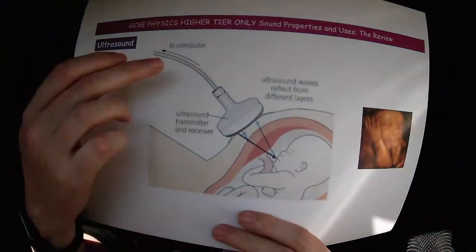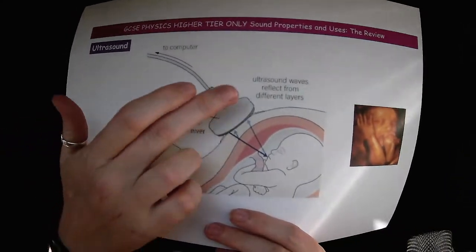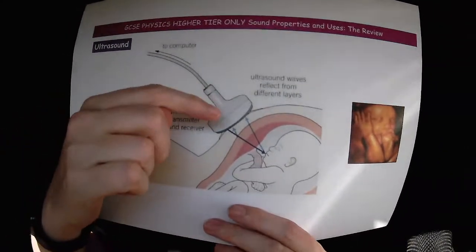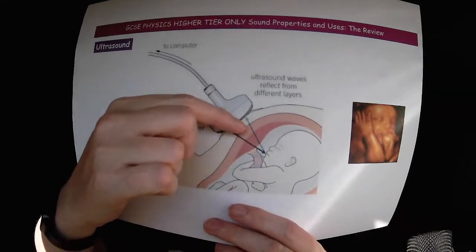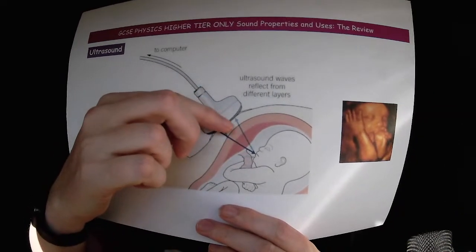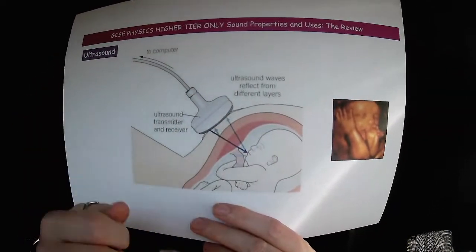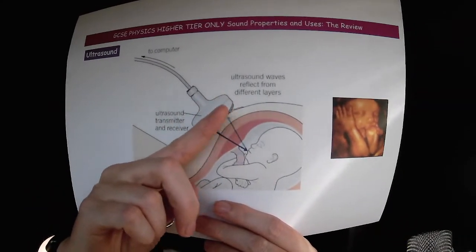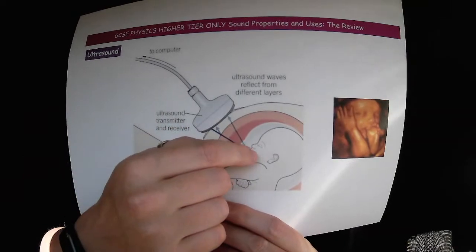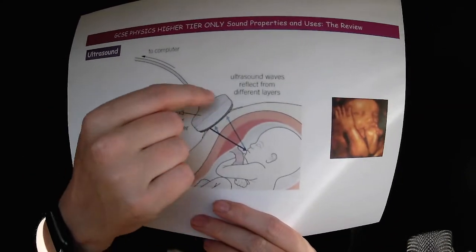And the way it works is this. We've got our little ultrasound transmitter, which is also the detector, so it's a two-in-one device. What's going to happen is the ultrasound is going to be emitted by our transmitter, and those ultrasound waves travel into, obviously, the mother's body at this point. When they hit a boundary, so basically when they hit some kind of different tissue, then some will be reflected. They will be detected by the receiver here,